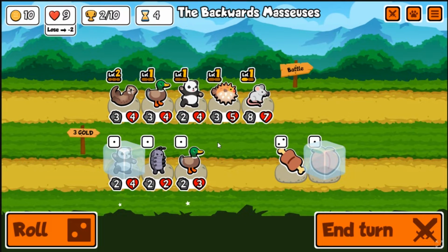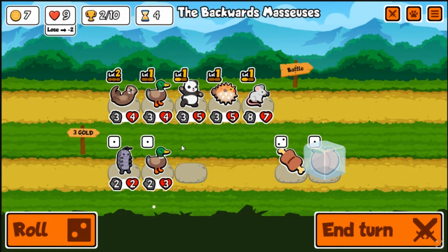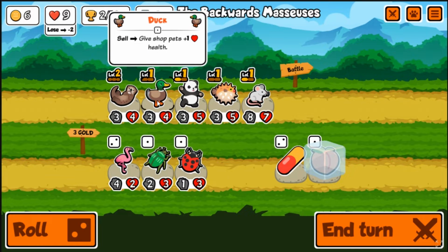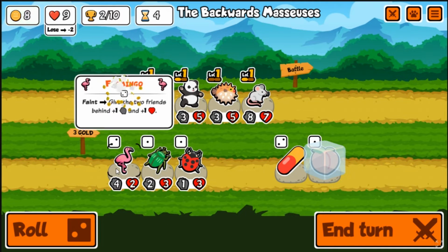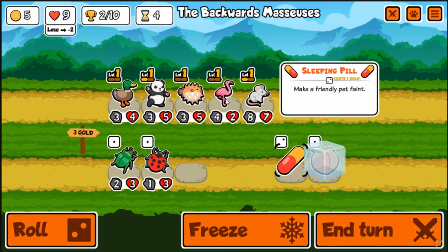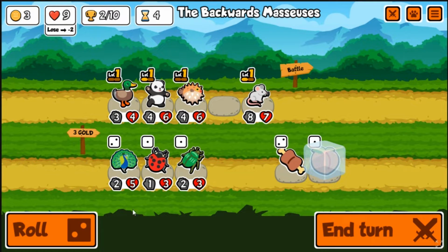Okay, another duck. How interesting. I'll take a panda. I don't think we're going to take the duck. So there's that. We could pill a flamingo, which would be interesting. The otter's not doing much there. I don't mind this. Honestly, hit me with this, right? And then we get a simple...